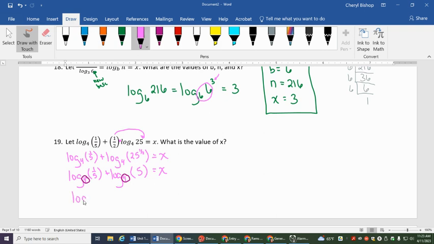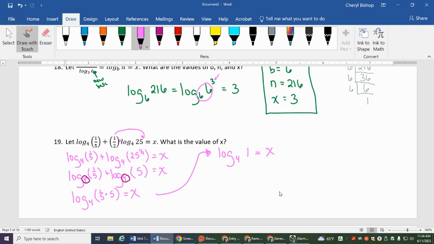So this is really log base 4 of 1/5 times 5. I'm going to come over here, I ran out of room. So that's log base 4 of, what's 1/5 of 5? 1